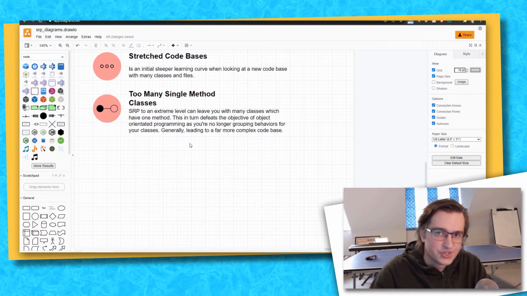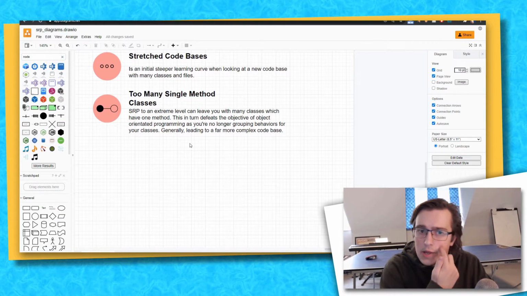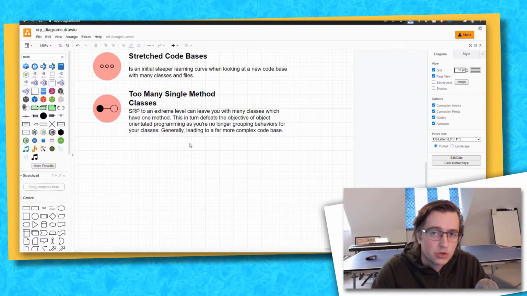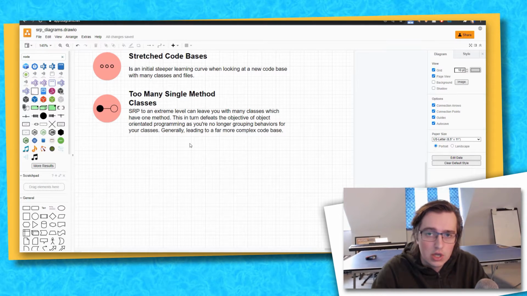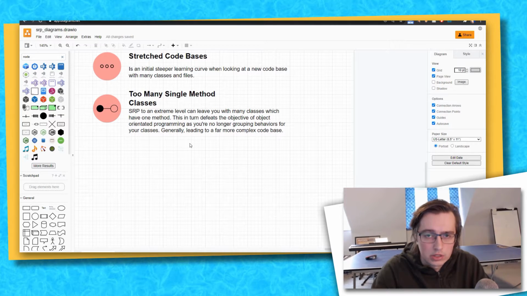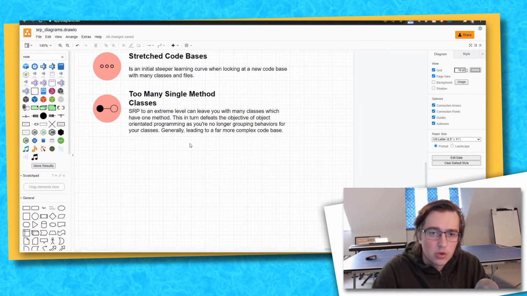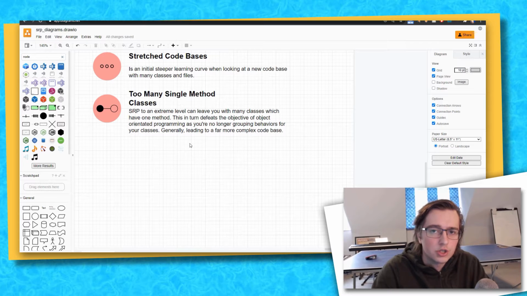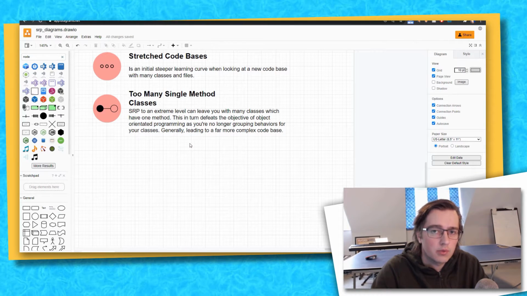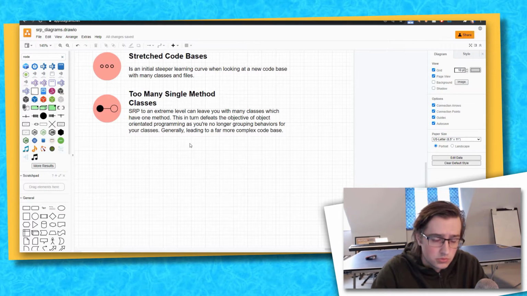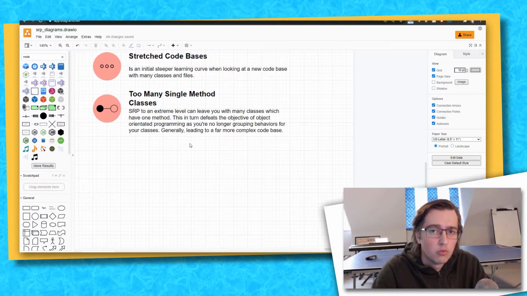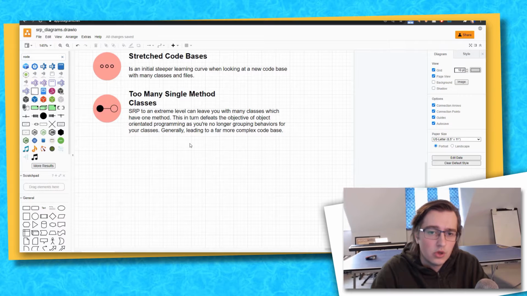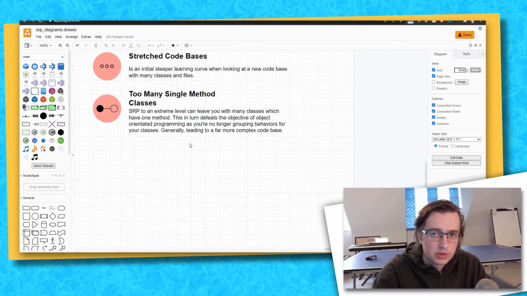So some of the disadvantages that can come with SRP is that you can have quite a stretched out code base where your files perhaps don't have particularly much content, and it means that new developers coming to your project might have a steeper initial learning curve for understanding the different ways in which your classes are accomplishing tasks, as they're in a more broken down format than perhaps something like a procedural script